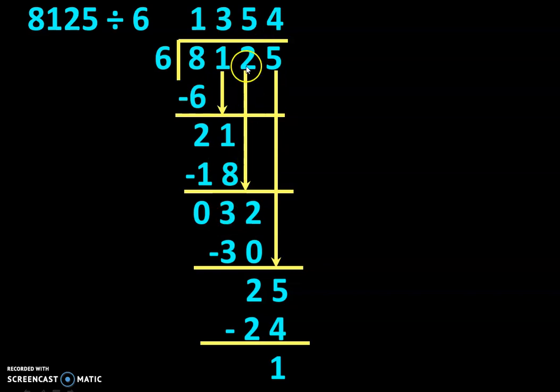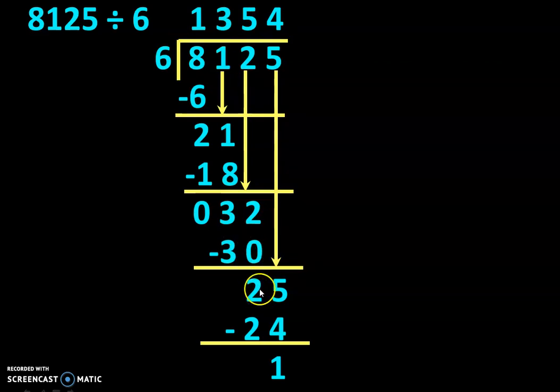So for the third step, I'm taking 2 over here and now I'm checking with the 6 table for 32. 6 ones are 6, 6 twos are 12, 6 threes are 18, 6 fours are 24, 6 fives are 30 and 6 sixes are 36. So 6 fives are 30 will work. 6 fives are 30, I am writing over here, and 32 minus 30 is 2 balance.